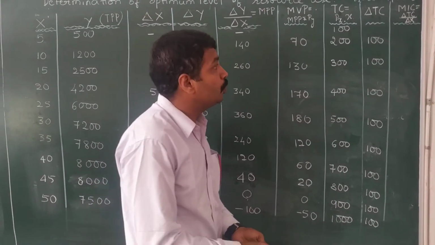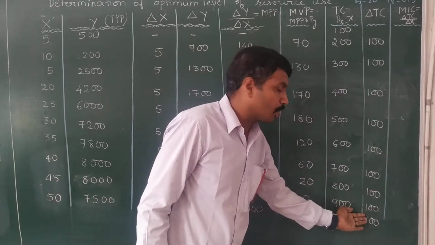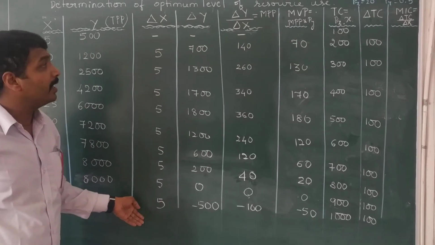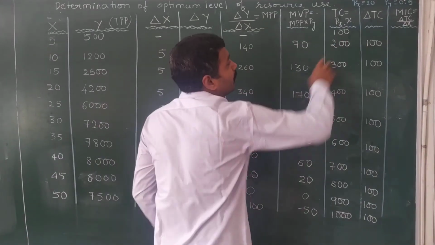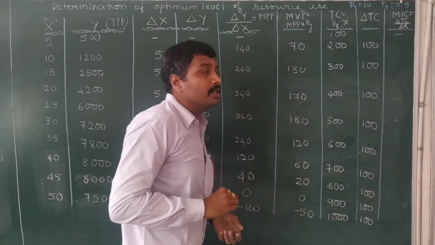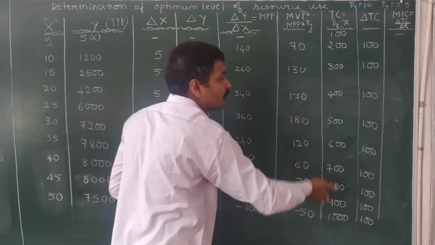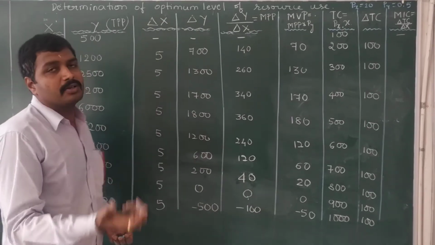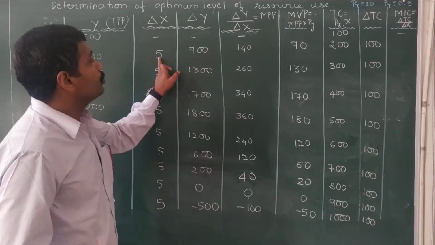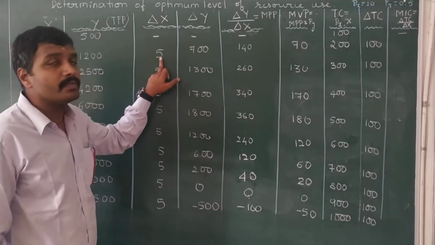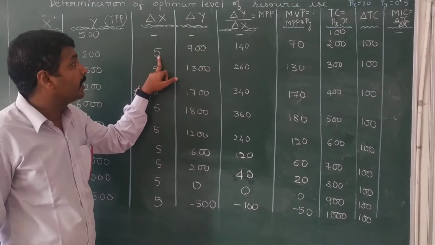Once you determine the change in total cost, you have already determined the change in output. Now, you will not get this observation since it is an incremental change. So for the rest of the observations, we will have incremental change in input and incremental change in total cost. You need to take the ratio of incremental change in total cost and incremental change in input use.